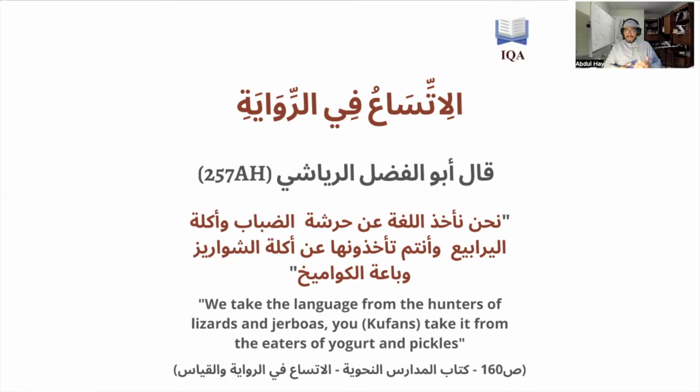Well, the Kufans, the Ahlul Kufa, because they're more expansive in who they take their narrations from, would take it from Arabs that lived in city centers, that would eat yogurt and pickles, which weren't necessarily foods that the Arabs were used to. So pretty much he's saying that you Kufans would take the knowledge and the riwayat, would take speech from Arab tribes that have mixed a lot with non-Arabs, whose speech is maybe not as pure and not as unfiltered as the speech of the Arabs that are living in the desert. This is an example of different approaches.